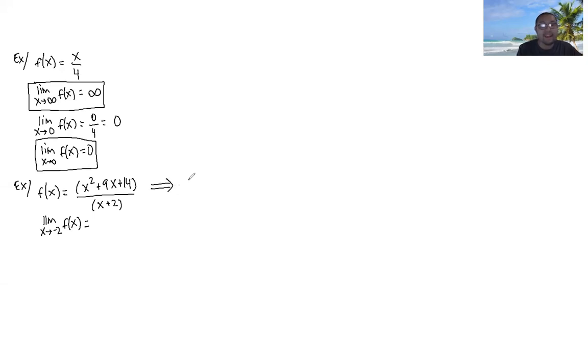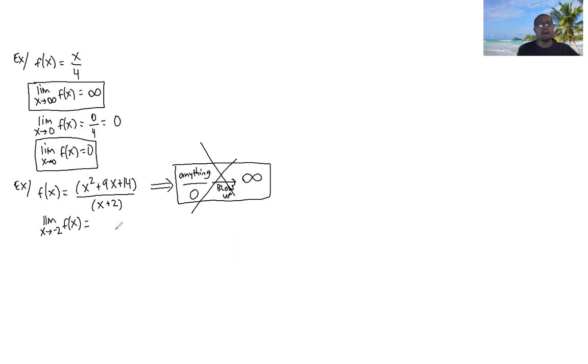and essentially anything, I'm going to put an A for anything, divided by 0 is going to blow up. And what that means is this is going to approach some very large number. I'm going to write this out and box it because this is a concept that you need to know. So when you divide anything by 0, that function is going to blow up, and it's going to give you a very large number. And this is not what we want to do in this case. And so here,